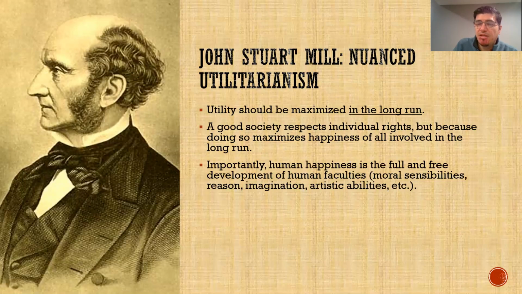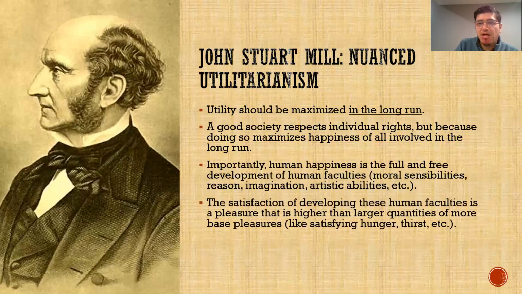For Mill, crucially, it's not that flourishing is happiness as such, but that the pleasures of flourishing are the ones that are constitutive of happiness. So his compromise between Bentham and Aristotle is to grant the intuitive claim that a happy individual is one who flourishes, but also to grant Bentham's claim that that's very hard to measure. But pleasure is not as hard to measure. So it is the pleasure of flourishing that is happiness, says Mill. And the satisfaction of the development of these human faculties is a kind of higher pleasure.